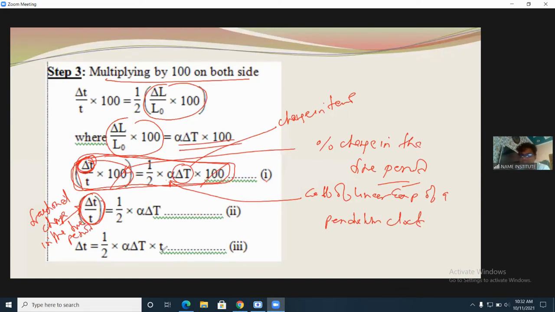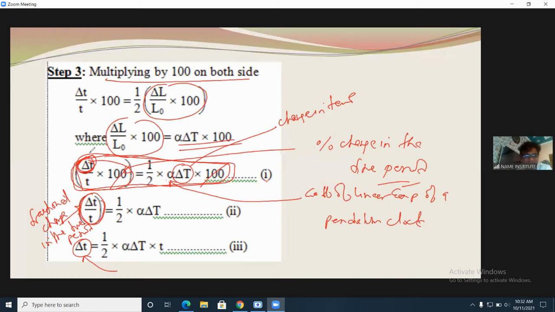So fractional change in the time period. Cancel 100, the relation is converting into the fractional change in the time period. What is this delta T? It is the change in time period. It may either be loss in time or gain in time, as I already dictated in class. So all three parts we have taken in our class here.